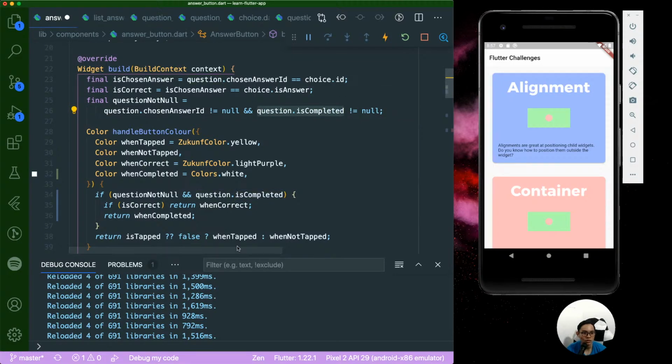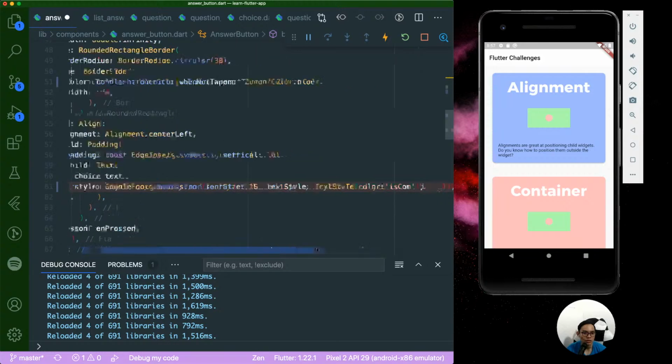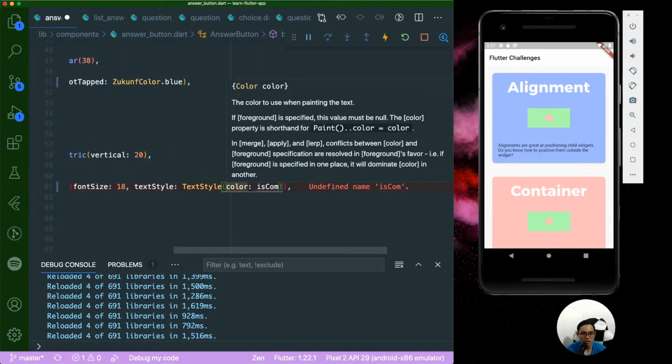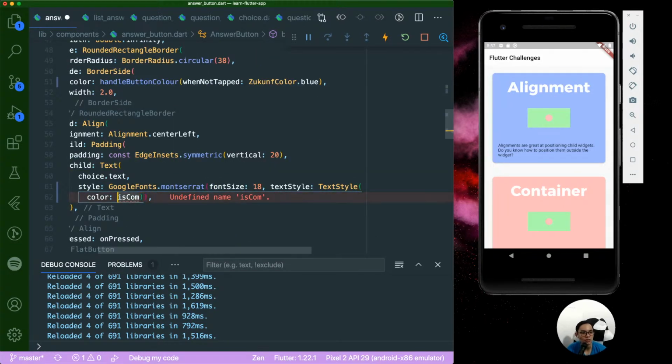Okay, so the question is completed. I'm going to put this color on the next line so it's easy for you guys to see. So question.isCompleted: if it's null, then it's not completed, right? So it should be false. Otherwise, then